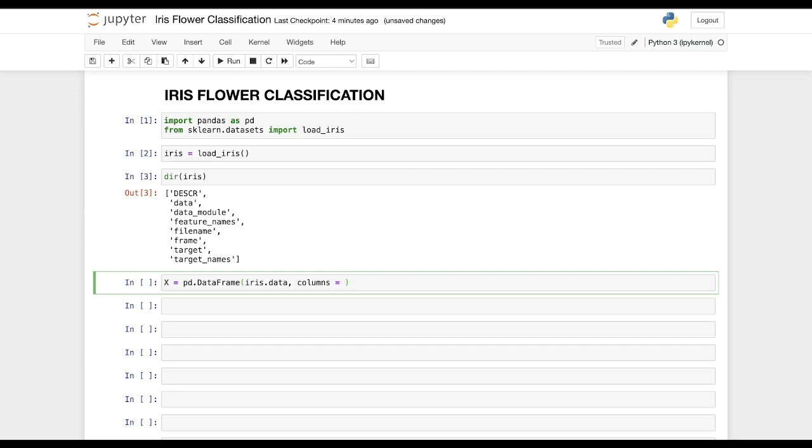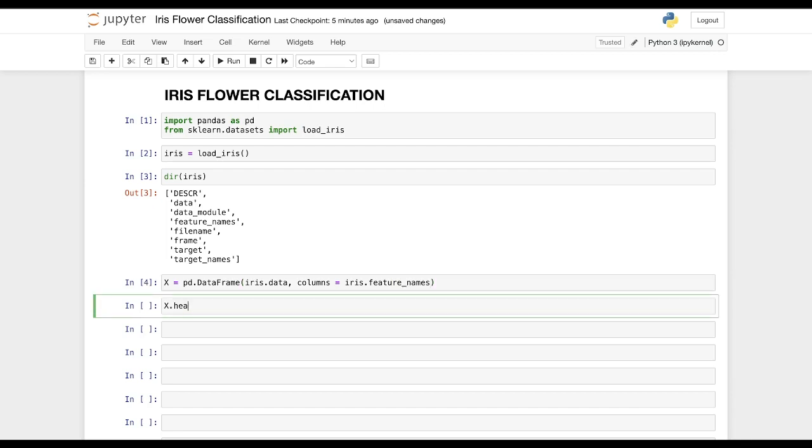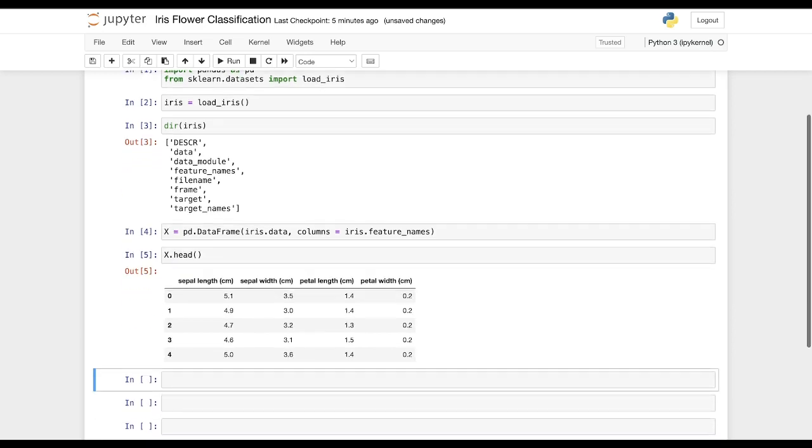in the columns place, you have a content known as feature names. You need to provide that feature names element here as the column names, and it will just extract the column name for every column automatically. So we'll say iris.feature_names. Let us run this and let us try to display the first 5 rows of the dataset X. So as you can see, here we have got our dataset.